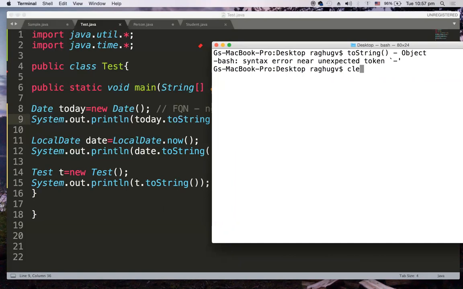That has got overridden in both the Date class as well as the LocalDate class. In the overridden behavior, it was written to print the date and time in java.util.Date, and it was overridden to print year, month and date in the LocalDate class. Okay, but here we are not overriding. In Test, new Test, toString is getting appended, but am I overriding it in my program? No. But in the other two classes, the toString method has got overridden. That's why the dates are actually getting printed.